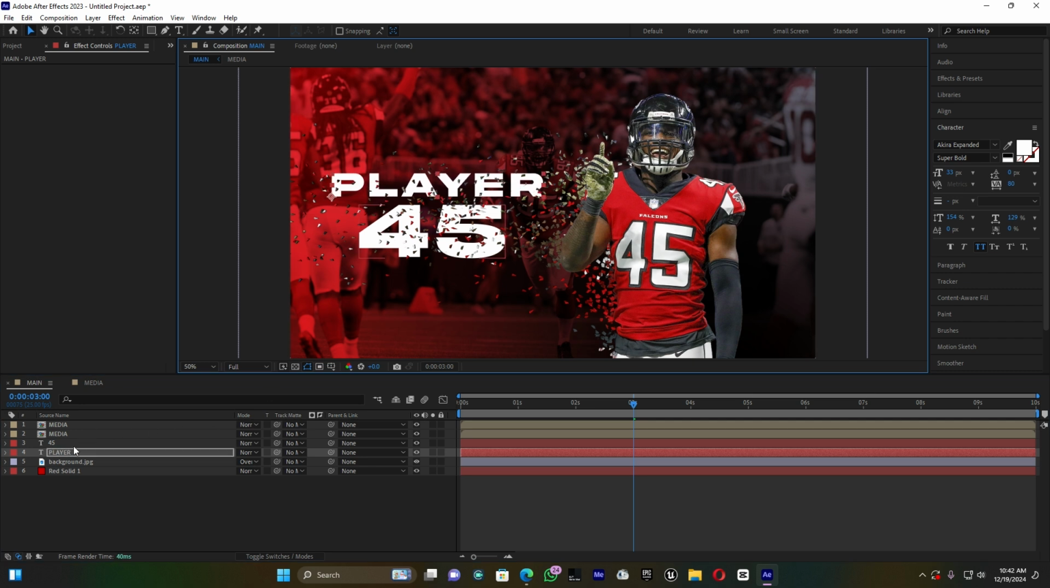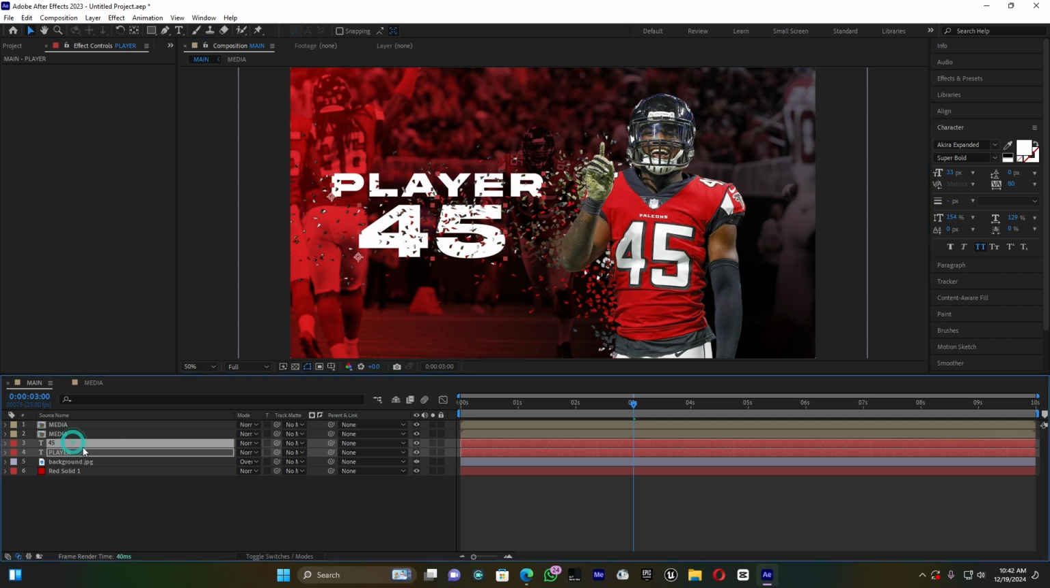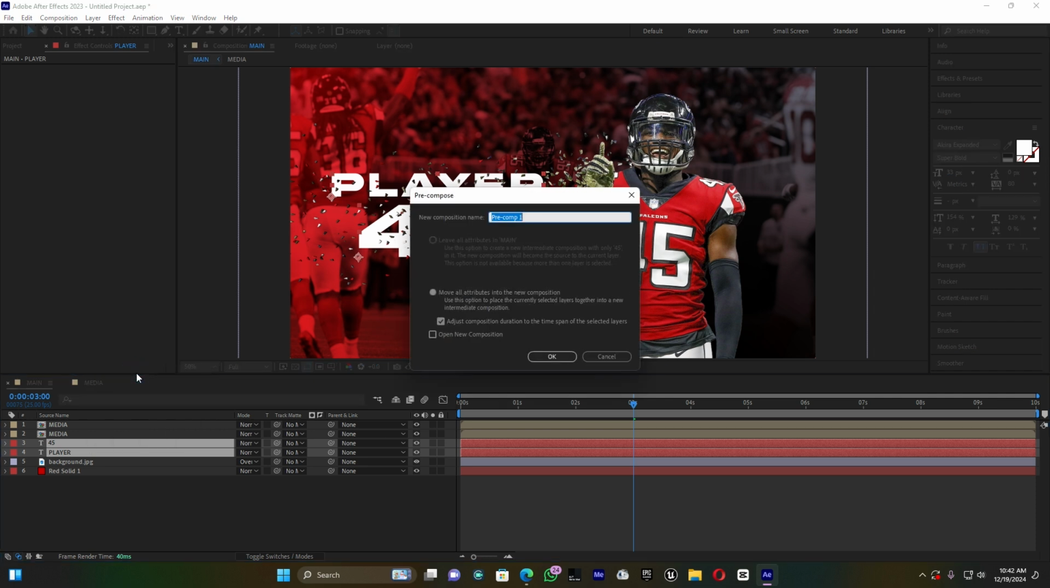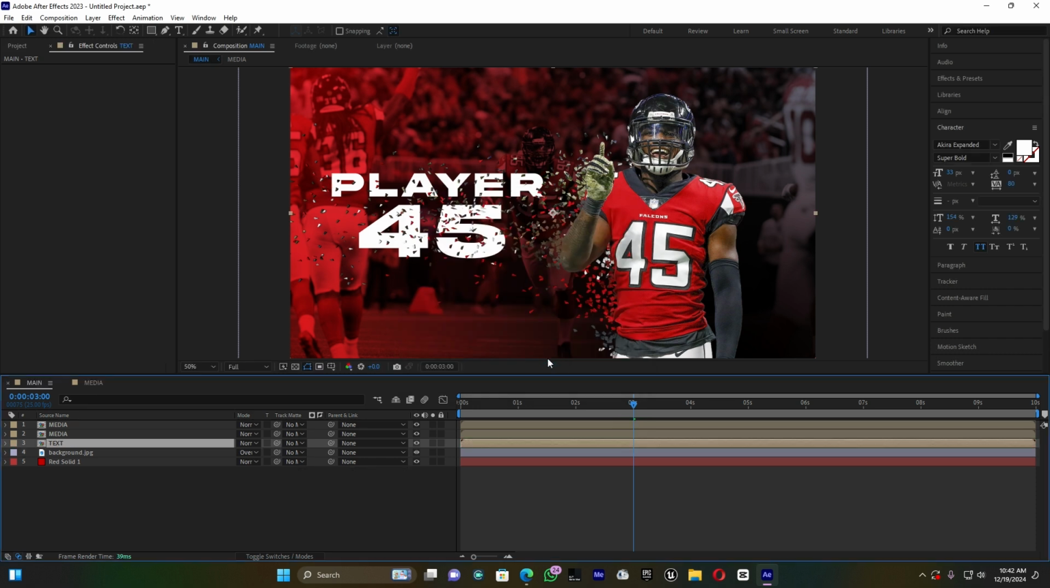So guys, when you're done typing, you have to select those two layers, and then combine them into one by pre-compose. So you can rename it as text. Yeah, that will be one. Text will be animated at the same time. That is the reason why we combine two layers into one layer. Okay, and